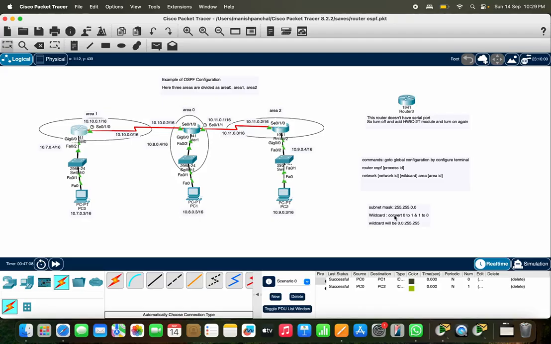For example, we require the wildcard here. The wildcard can be given like this: we have the subnet mask of 255.255.0.0. Just write this string in binary and convert all the zeros to 1 and all the ones to 0. So for example, it is all 1, so it is all 0 after the conversion, and all zeros become all 1, so this will become 255, and then finally all zeros will